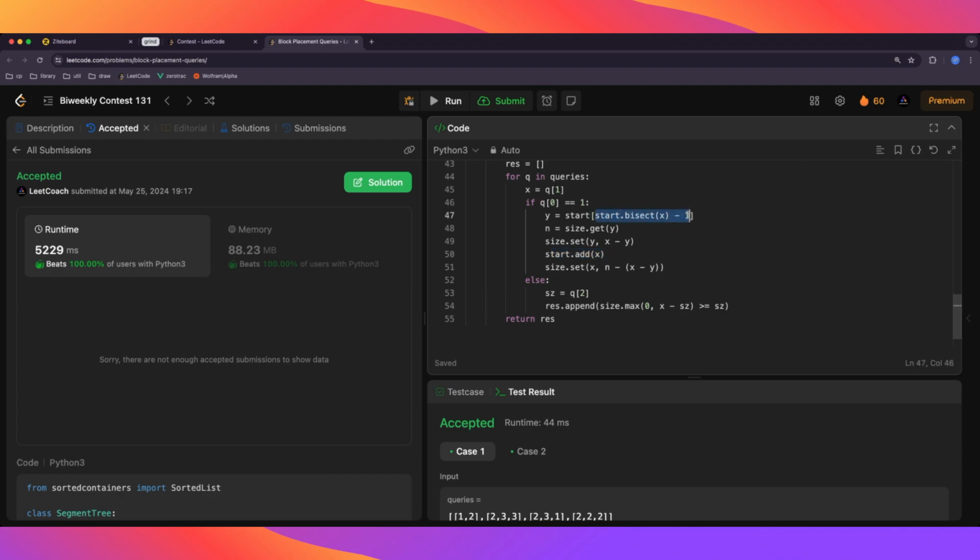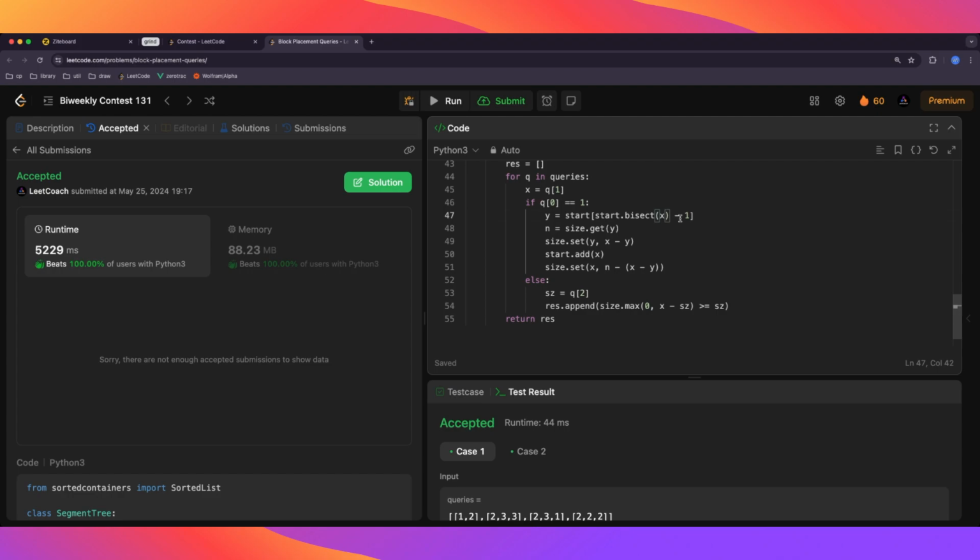So this is the only thing that we need, which is, it doesn't matter if we use bisect left or bisect right, because X is not going to be in the start list, so bisect is going to give us the position of the smallest element that is greater than or equal to X,